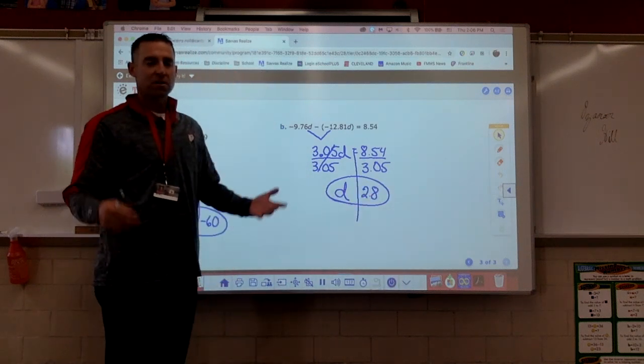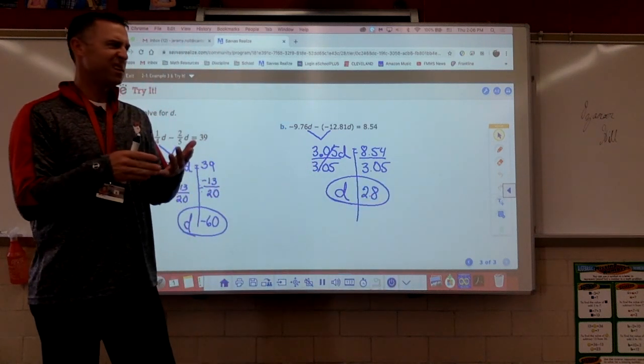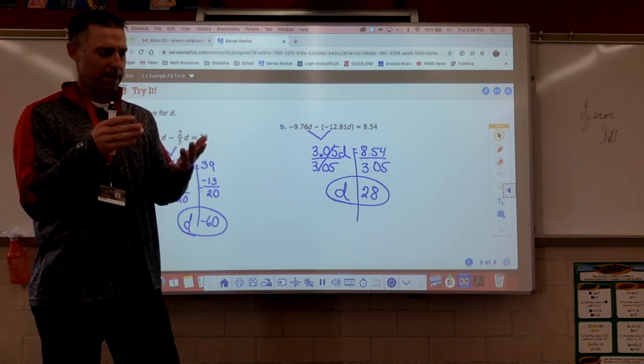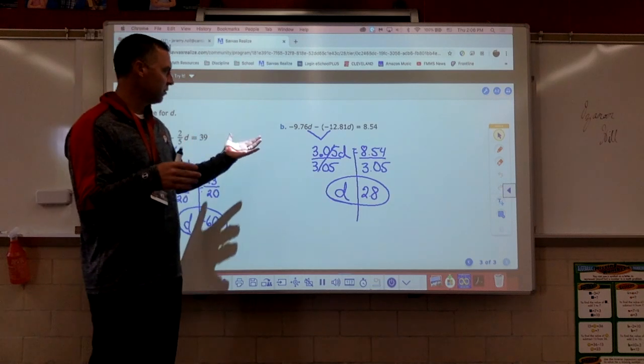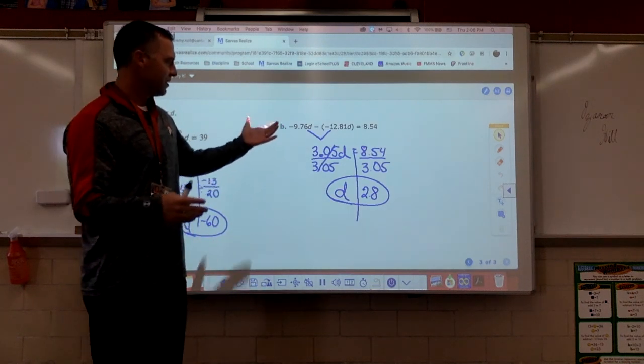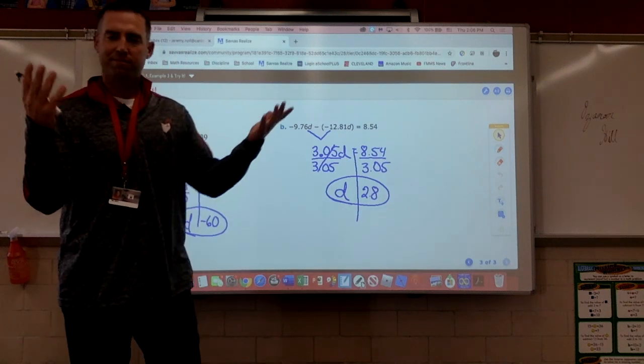There you go. Folks, there's examples on page 86, 87. Combining like terms, just be careful as you combine them. Keep the signs that you need, and other than that,